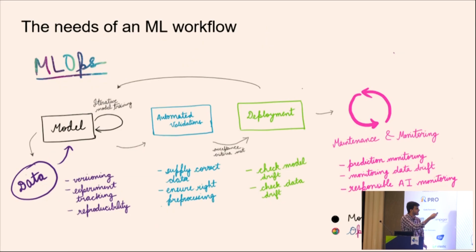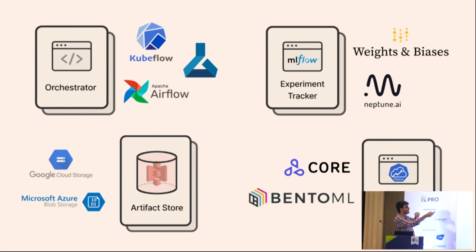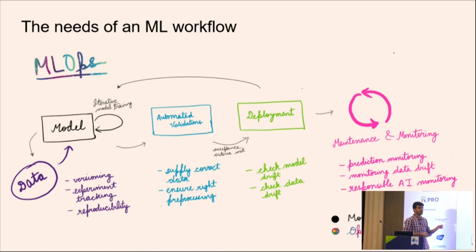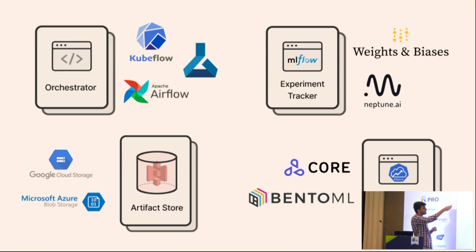All of these stack components solve one of these problems. Experiment tracking is solved by the experiment tracker. There's orchestration, which deals with the model training and all that stuff. There's the model deployer. Each of these components covers some part of the ML workflow, and they work together to help build your pipeline. Now, what we are going to do in our demo going forward is take all these components and put them together in a pipeline in a way which is composable. You can swap each of these elements out. For example, for the orchestrator, I'm using Kubeflow.